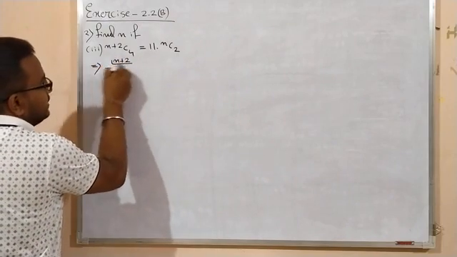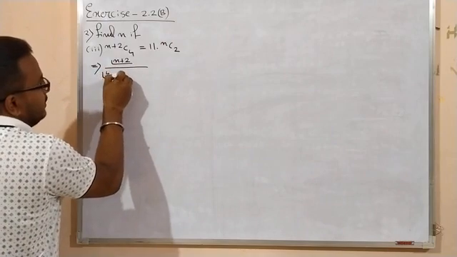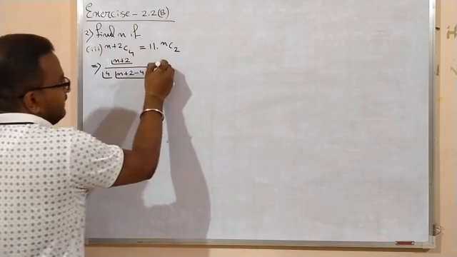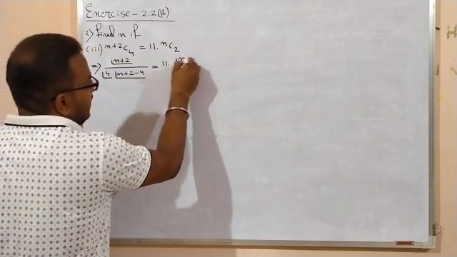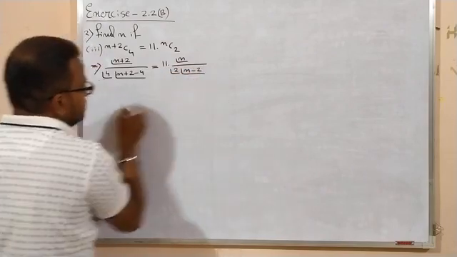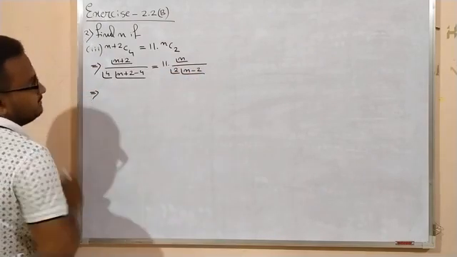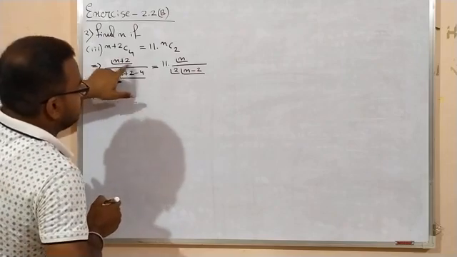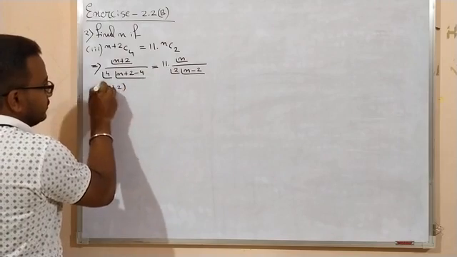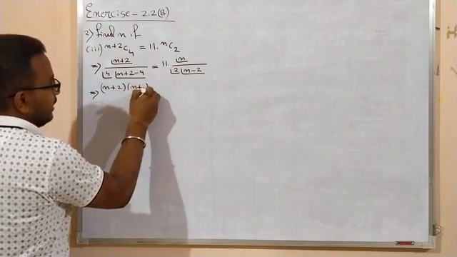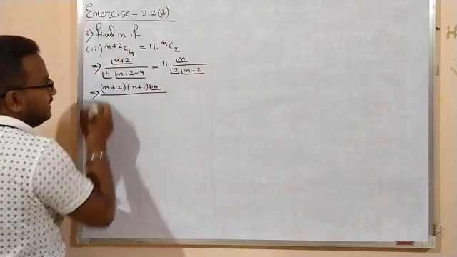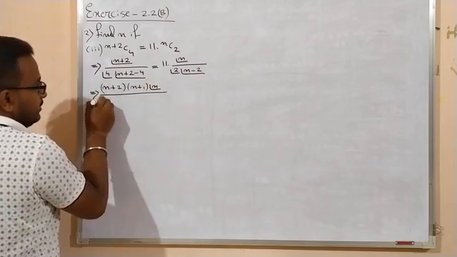Factorial n plus 2 divided by factorial 4 is n plus 2 minus 4. It is 11 into factorial n by factorial 2 into factorial n minus 2. Now this implies this is factorial n plus 2 and it is factorial n. Okay, so I can write this factorial n plus 2, n plus 1, then factorial n divided by this is factorial 4 and this is factorial 2.